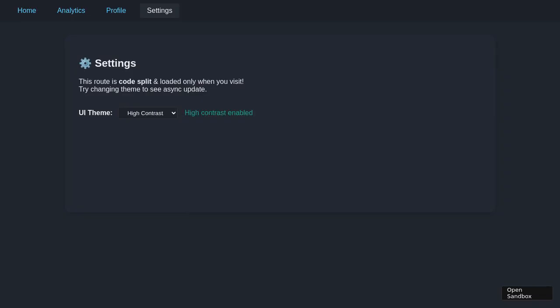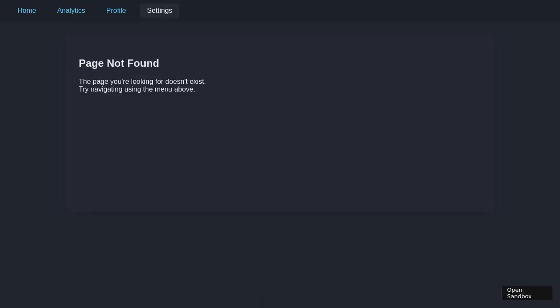Using the navigation bar, the user clicks on Profile to switch views. The profile page loads, and a loading fallback briefly appears while the profile chunk is fetched. Once loaded, the user's profile content is shown, illustrating that navigation between routes only loads the necessary code for each